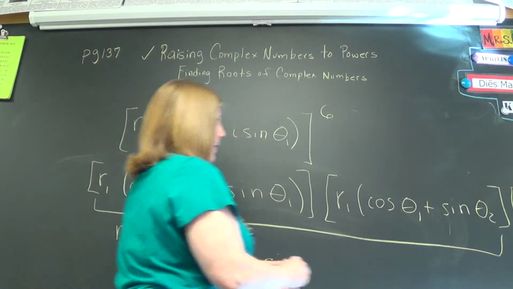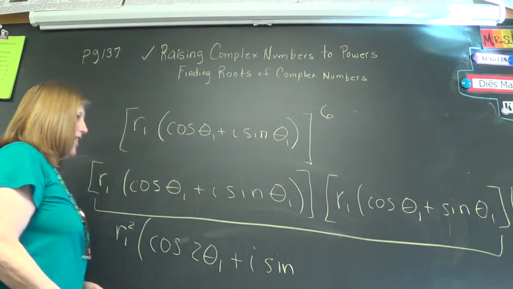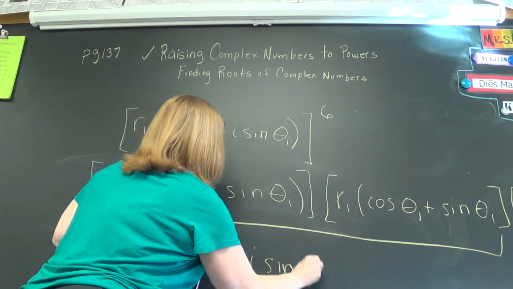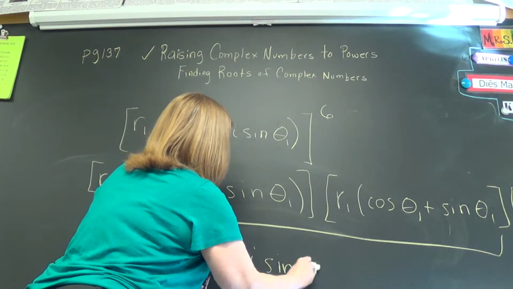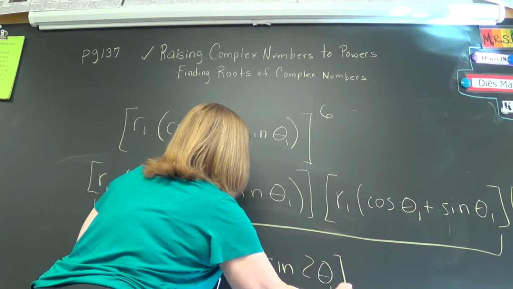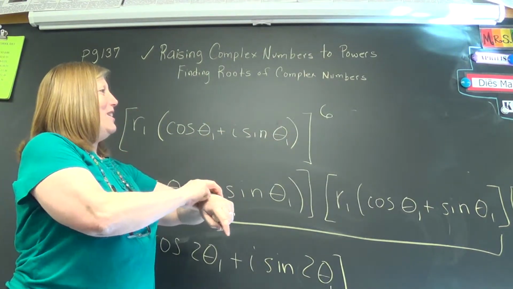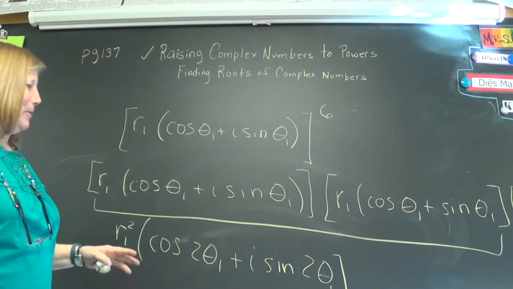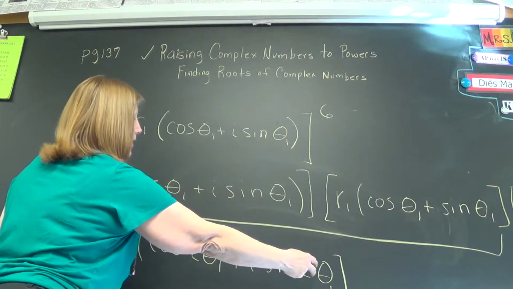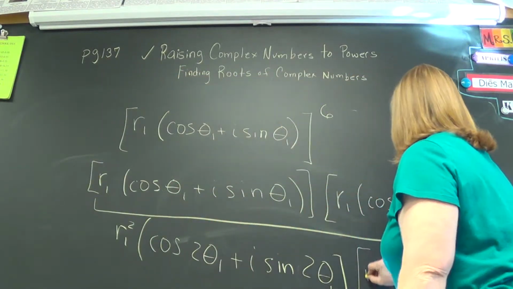No, everything's theta 1, isn't it? I'm sorry, my mistake. Plus theta 1. Well, you guys aren't watching. All right, so theta 1 plus theta 1 is 2 theta 1s. I've done 2 of the 6. Now this is our number squared. If I multiply it times itself again,